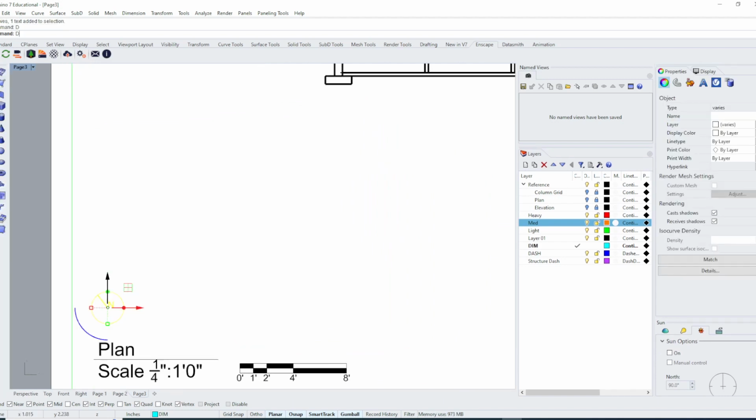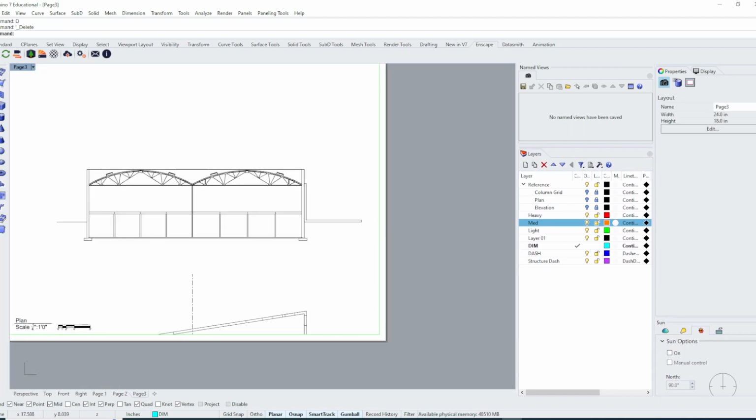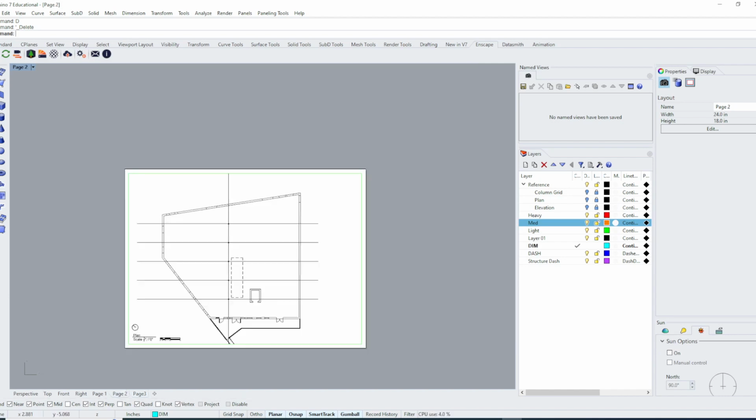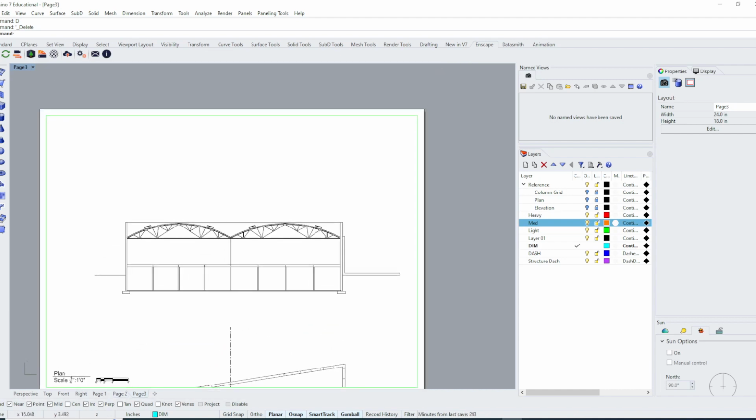This is a section, so I'd want to delete that. Of course, I would want to label it as section AA or whatever it is, and label where that section cut line goes on my plan. But in any case,